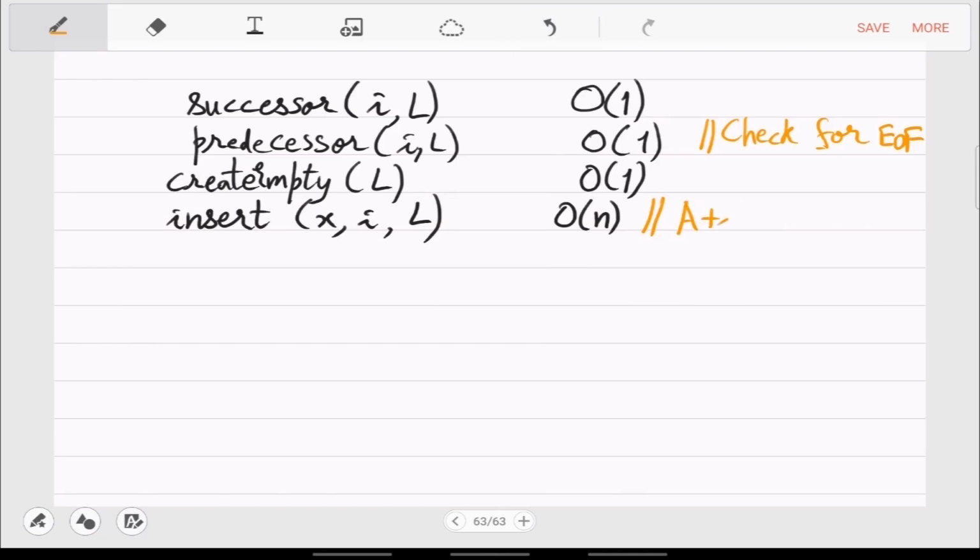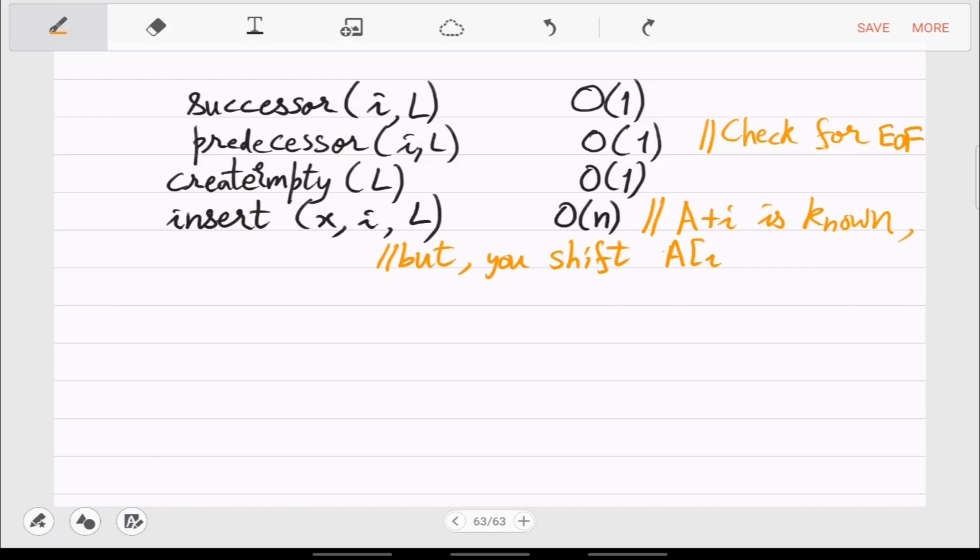So A plus I is known, but still you will be shifting the later ones.